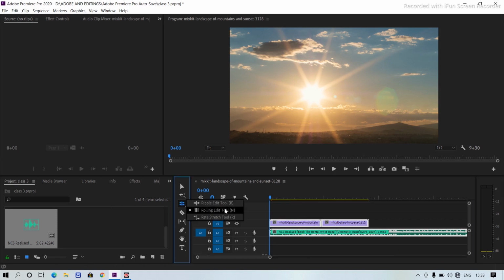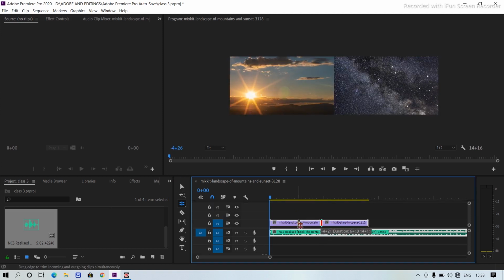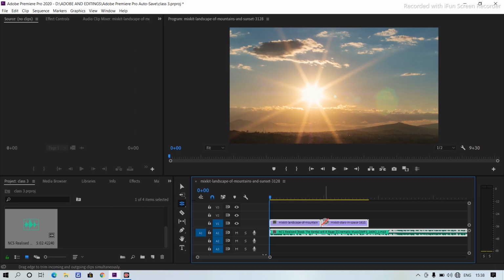Then we have got the rolling edit tool, and the shortcut key to it is N. What the rolling edit tool will do is simply roll the video. It will adjust the editing point between two clips without affecting the rest of the timeline. So this is the rolling edit tool.